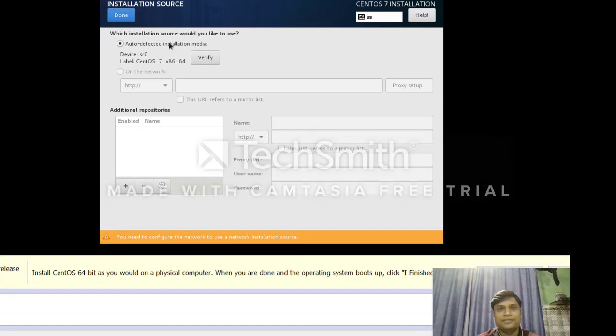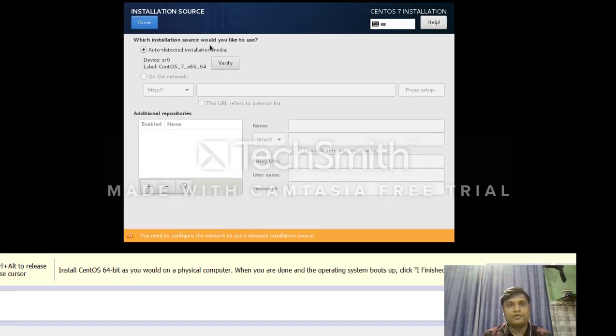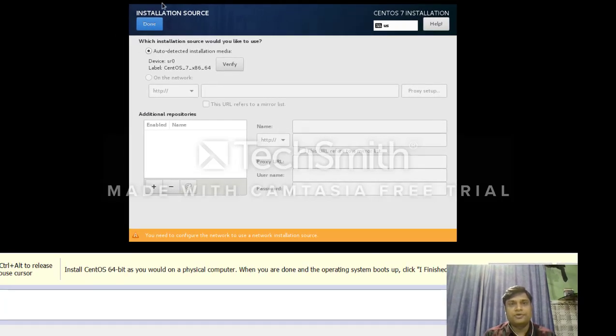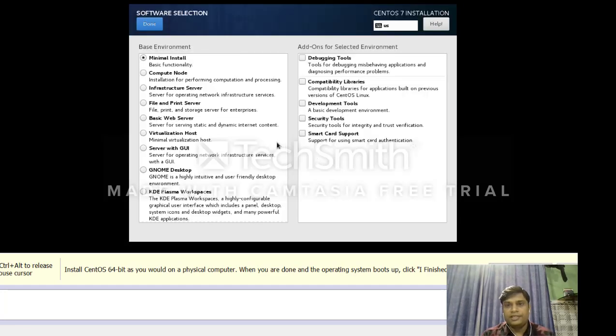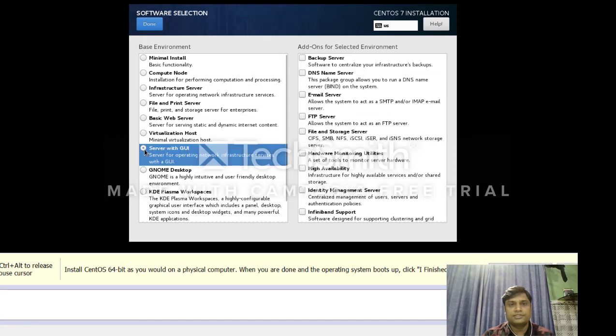Here we have a local path where we downloaded this ISO image, so let it stay in auto detected mode only, then click on done. Once you click done, you see here is the software selection. Now we are going to install a server with GUI, so select this option, server with GUI, and click done.